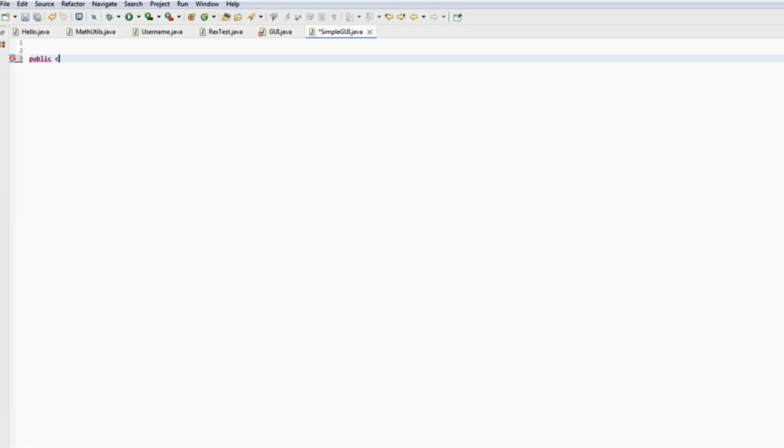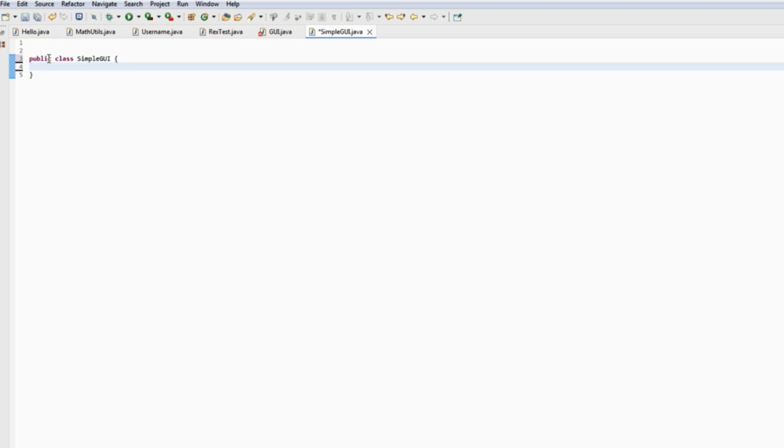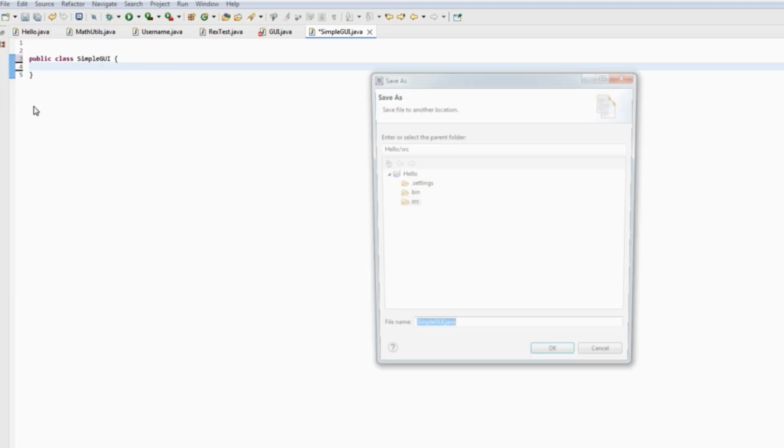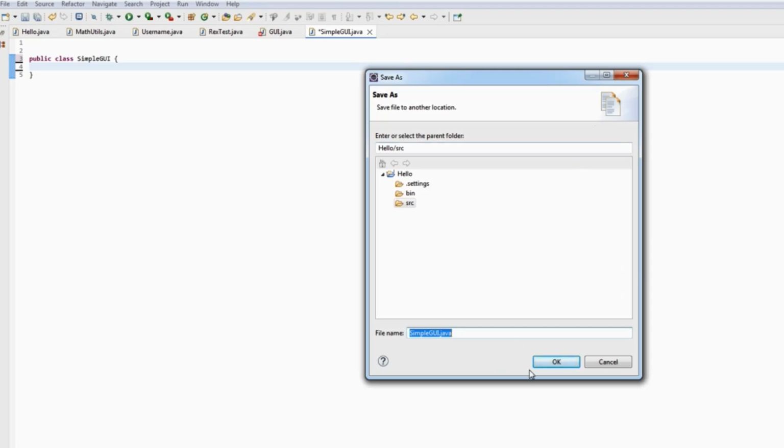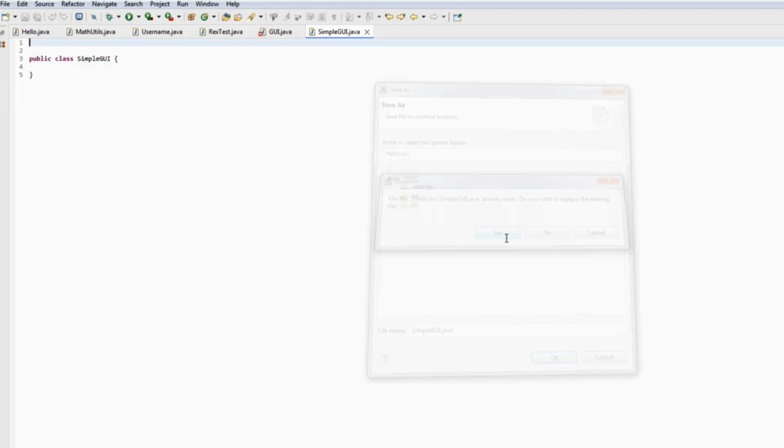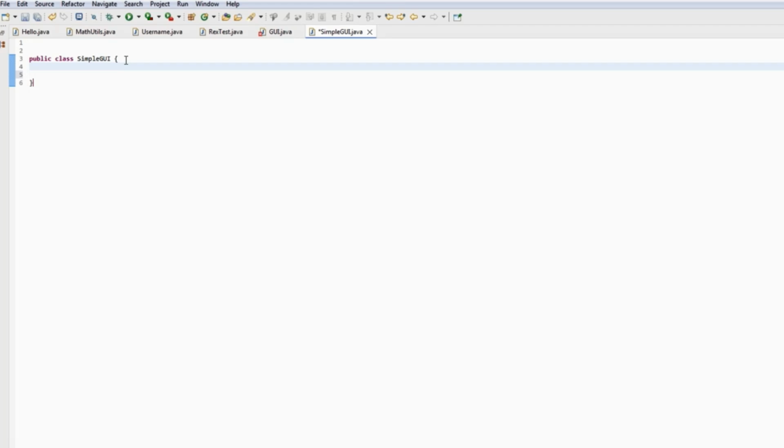Let's create a simple GUI, graphical user interface, in Java. Create a public class SimpleGUI and save this class as SimpleGUI.java. Saving your file as a Java file. Now, this class should have a main method,